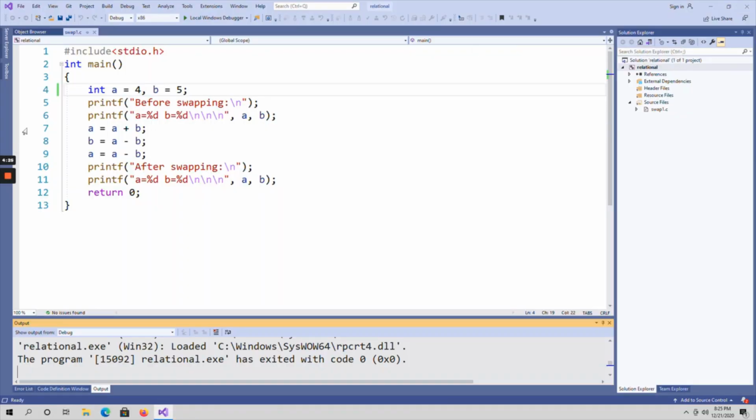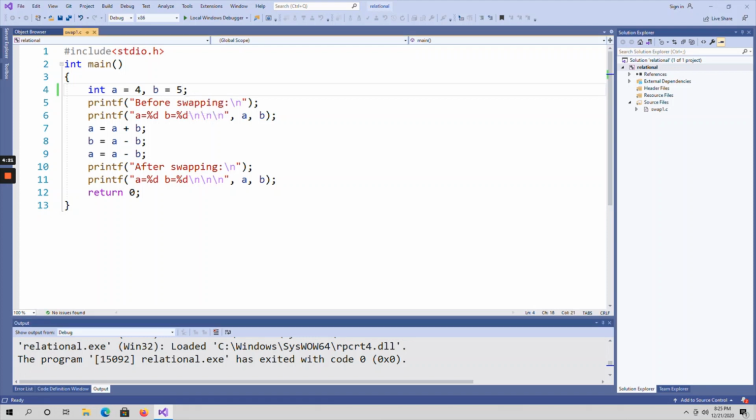Here I already have two variables A and B, and here I am taking another variable, that is the third variable, as temp, a temporary variable. I am naming it temp. This is my third variable. Here also I am going to print the values of A and B before swapping. See here how I am going to write the logic. By using a third variable, how to perform swapping is my logic.